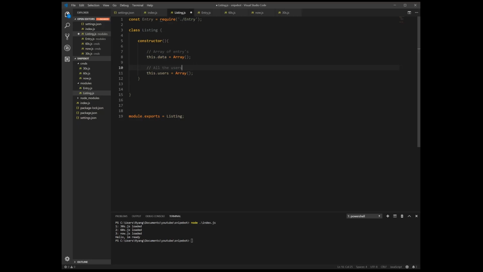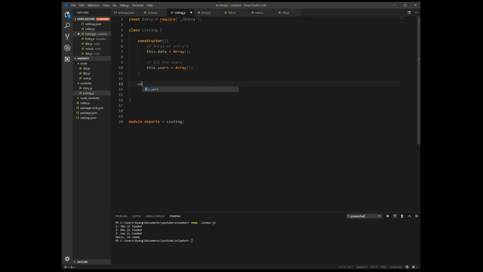It's just a simpler way to be able to check if someone already wrote a code, so you can delete the old one and write the new one. So this is how it's going to start. So we got our constructors, we got 2 empty arrays inside. Now we're going to write methods for this class.